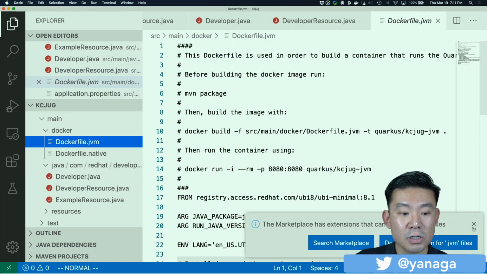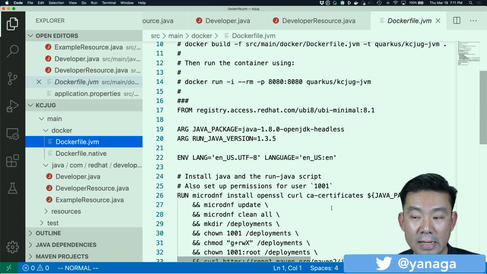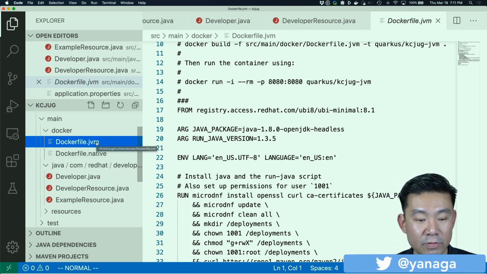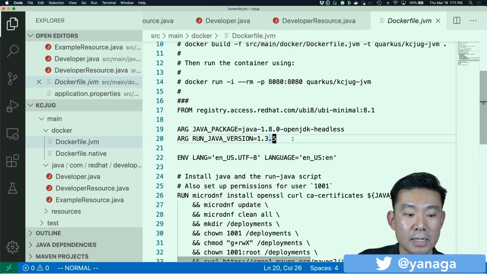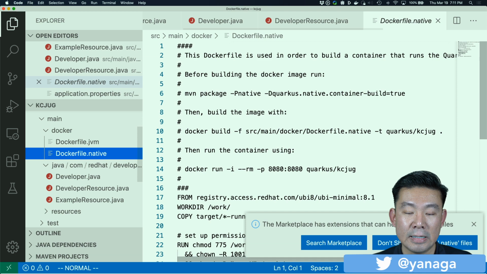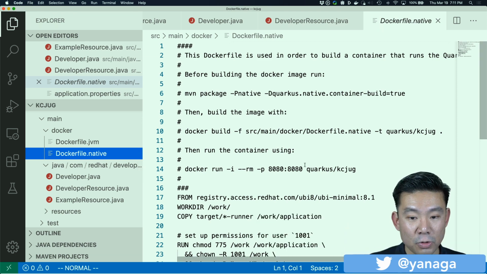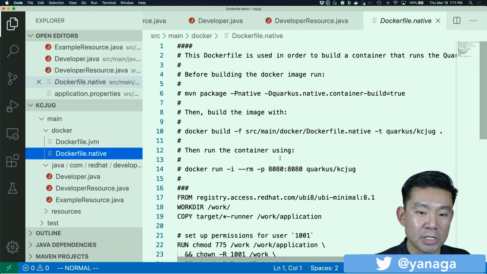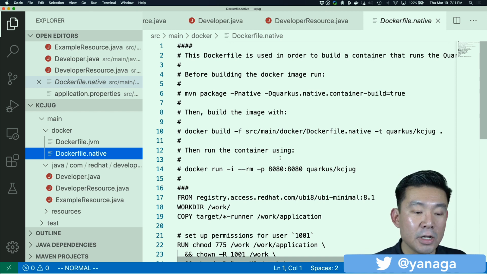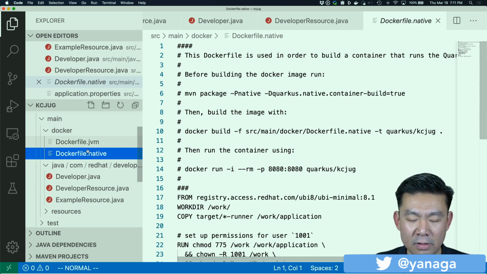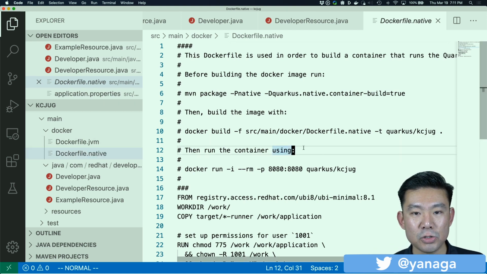So if you want to run Quarkus using OpenJDK, Hotspot VM, we already have a Docker file for you. Or there's a new option. If you want to get your Quarkus project, compile this to a native executable image using GraalVM and package this into a Docker container, you can do that too. Okay. And now that I mentioned GraalVM, what is this GraalVM thing? So let's try to create another project.